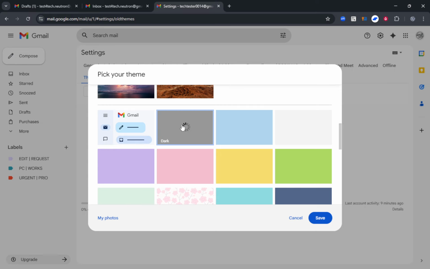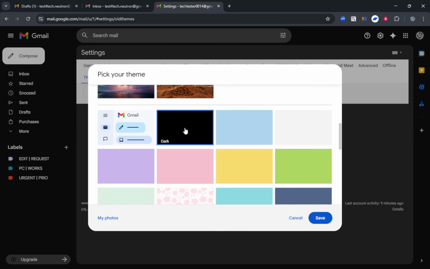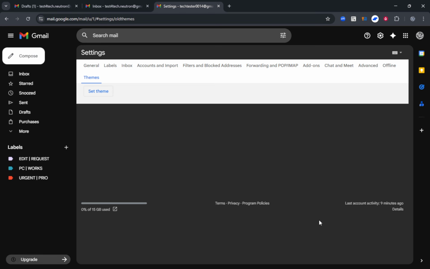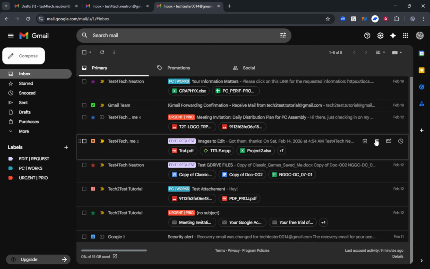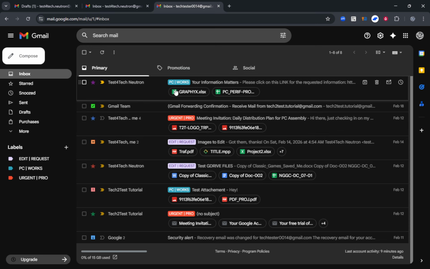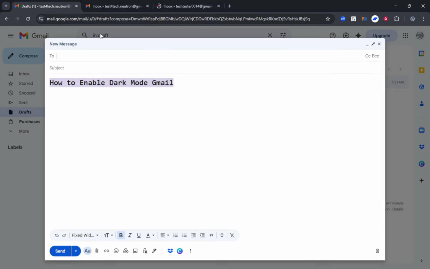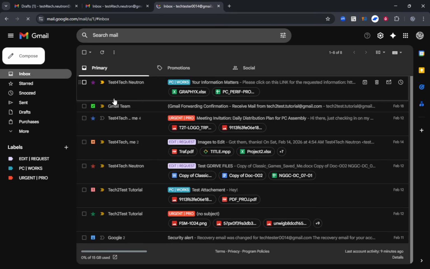After choosing your theme, scroll to the bottom. If you see a Save Changes button, click it to lock in the setting. In some layouts, changes apply instantly, and you won't see a Save button, but it's always a good habit to check. Next, give your inbox a quick refresh. When the page reloads, the entire Gmail interface, your inbox, message list, and compose window should now appear in the